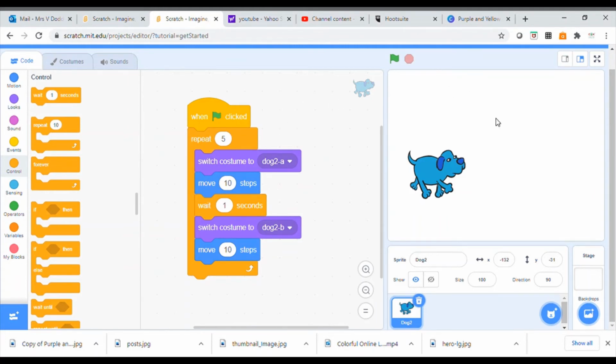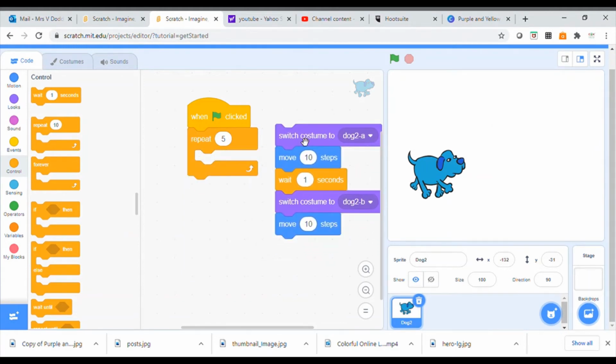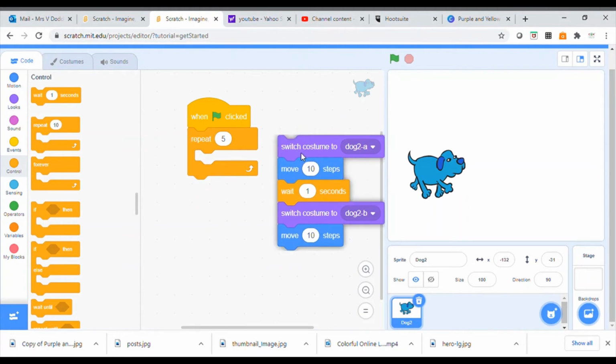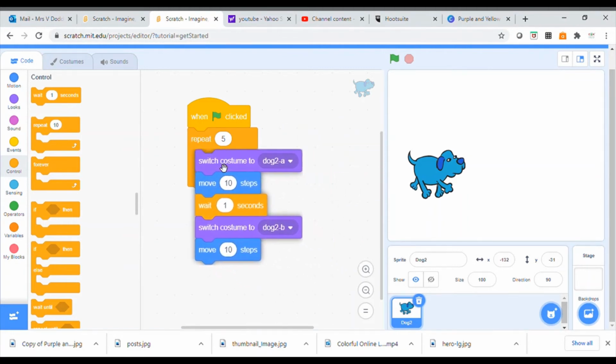Right, so I'm just going to recap on what we've got here. I'm going to pull the code out just so we can see it separately. This is the code that we developed before, the algorithm. We want the dog to start on costume A, move, wait, move to another costume and move. But we want that to happen 5 times, so we want it to run once, 2 times, 3 times, 4 times, 5 times. So we're going to place this algorithm inside this loop here, and then we're going